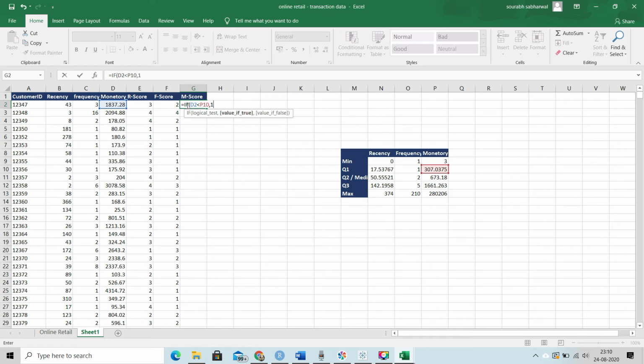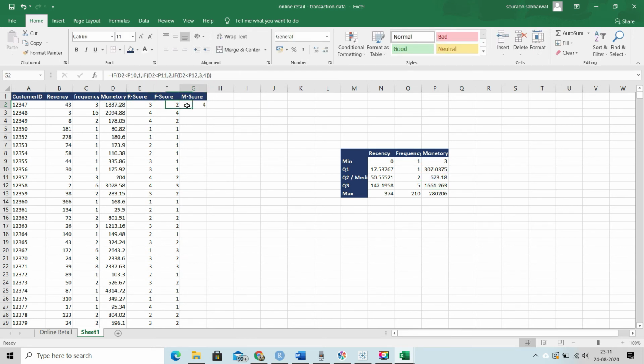Else, if monetary value is less than quartile 2 but greater than quartile 1, we'll give them score 2. Else, if monetary value is less than quartile 3 but greater than quartile 2, we'll give them 3. And every customer who has spent more than the quartile 3 value, we'll give them the highest, that is 4.